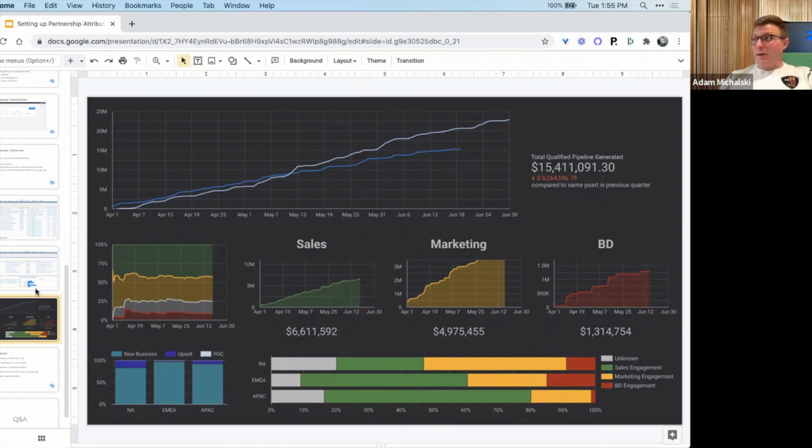And one other thing, at Branch for example, we started compensating our various teams on the marketing and the partnership side based upon this data.